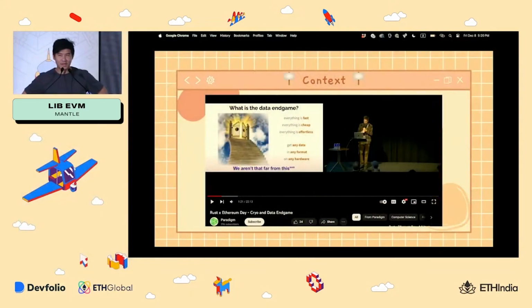Today I want to talk about data analytics tools for Web3. There are a lot of flavors out there, but for more context about this talk, Paradigm had a Rust x Ethereum day in San Francisco a couple months ago. They talked about the data endgame, where everything is fast, everything is cheap, everything is effortless, and you can get any kind of data in any format for any hardware. I thought that was very intriguing, so I went down a little rabbit hole on how